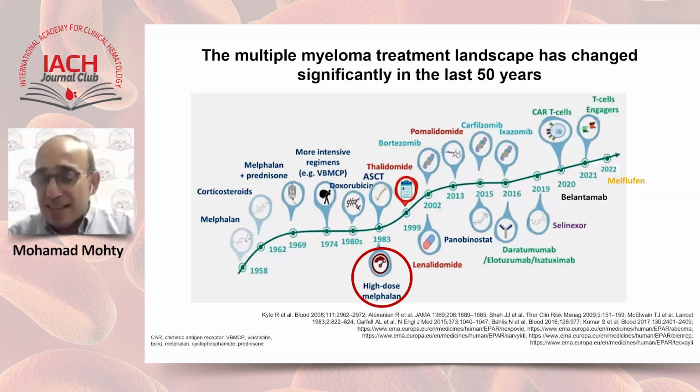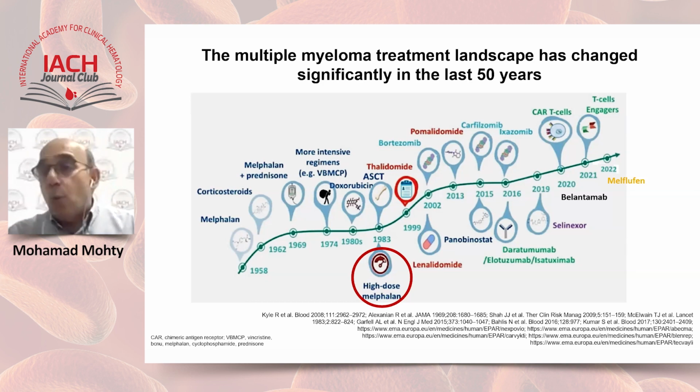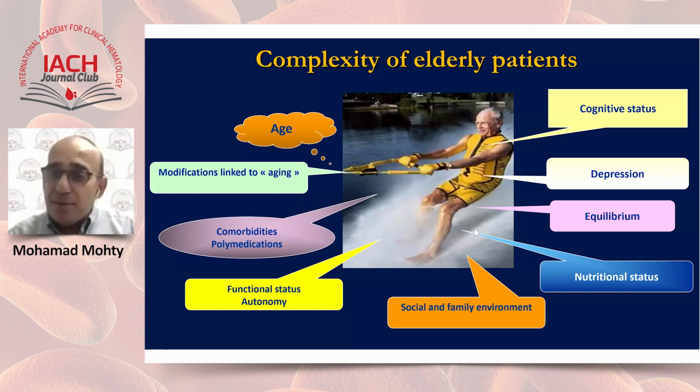I'm sure you've seen this slide hundreds of times, but for every drug that we use in multiple myeloma, we do have to take into account whatever is the approved dosage and schedule, and how this fits for a given patient in my practice. So it's a very special journal club, and it's even more relevant when it comes to managing elderly patients,